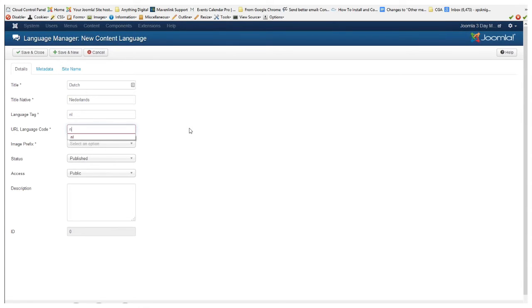So if I set this to NL, when I switch my language to Dutch on the front of the website, my URLs will include NL. So it will be www.domain.com/NL/ whatever the article may be. The image prefix is going to select a little map that we're going to show when we change the languages. We make sure it's published, and we set the access to public. We'll talk about the access a little bit later for our tips. So we're going to save this,